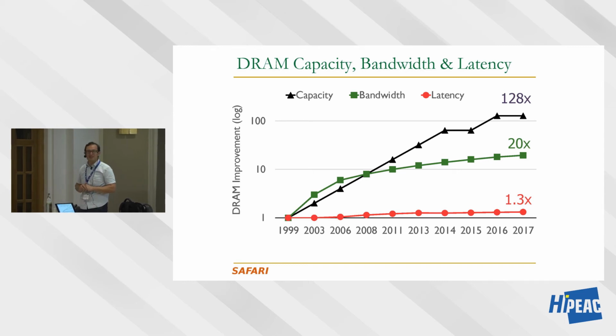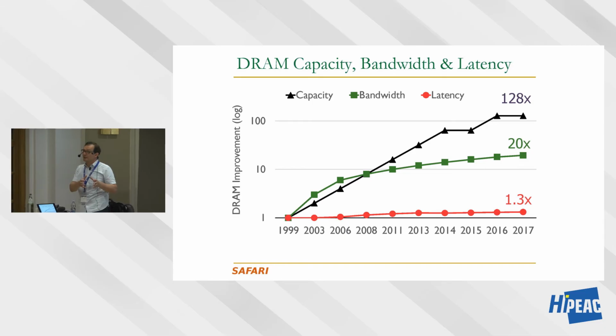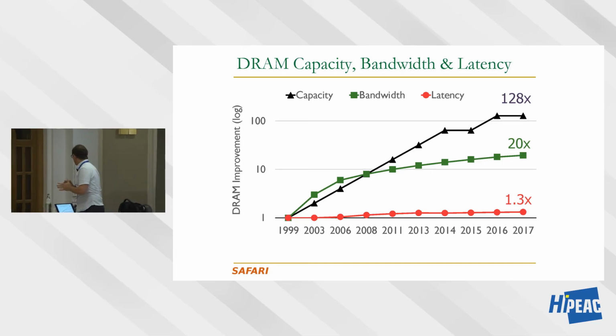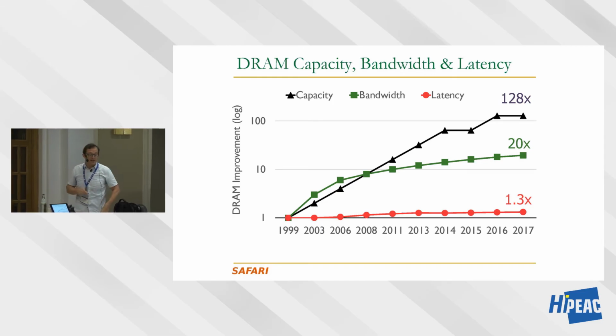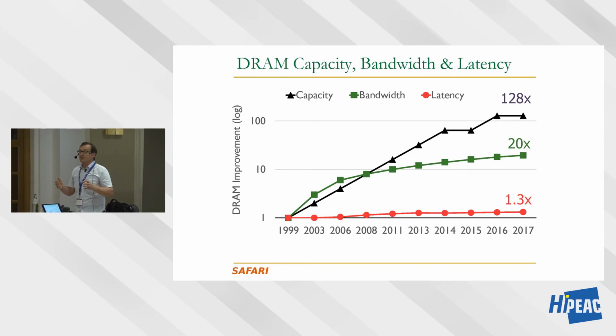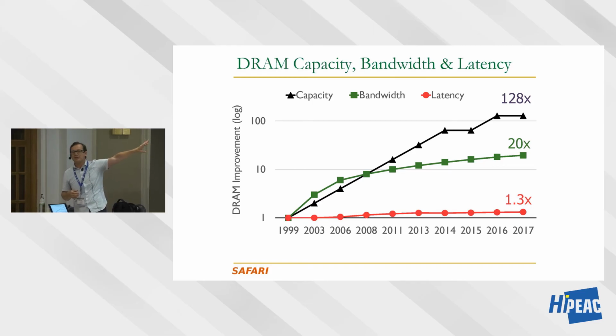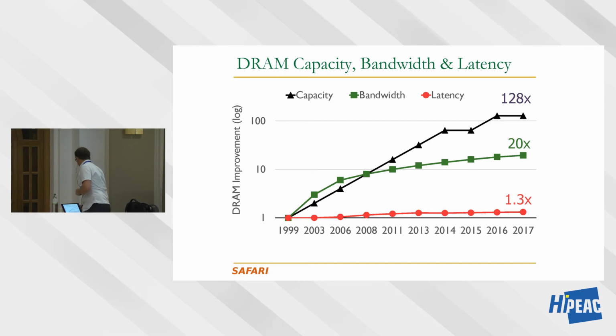Latency has improved by 30% over these 18 years. This is because of two reasons. One is the focus is not on latency. In my opinion, that should change, because latency is really important for data communication. If you really want to process the data quickly, you should get the data quickly. And the other reason is it's harder to improve. It's easier to improve capacity because technology scaling works in your favor. It's easier to improve bandwidth by paying more cost. It's a lot harder to improve latency without paying a lot of cost.